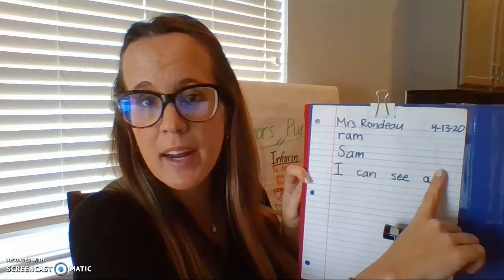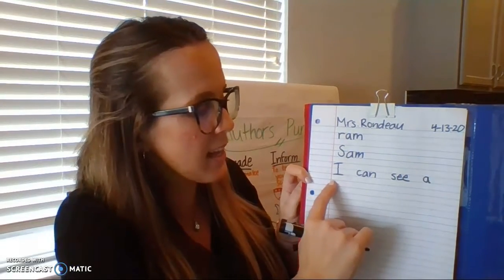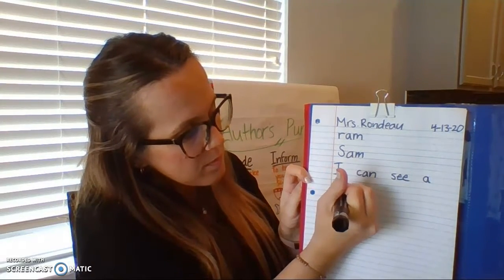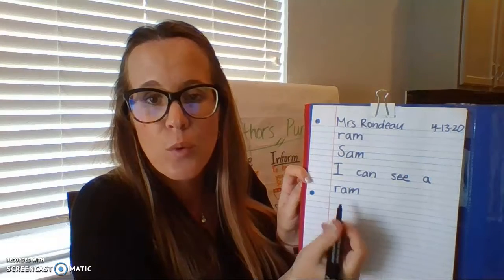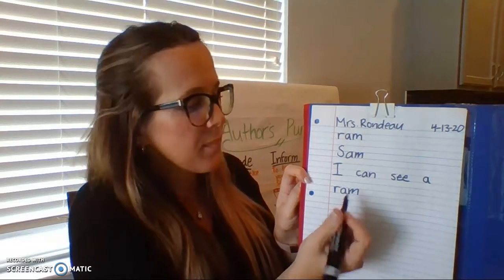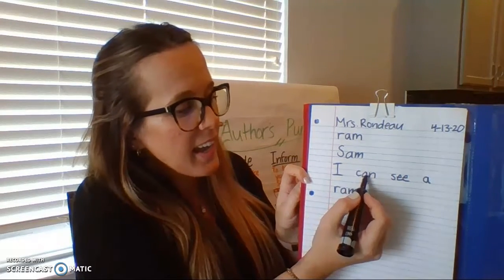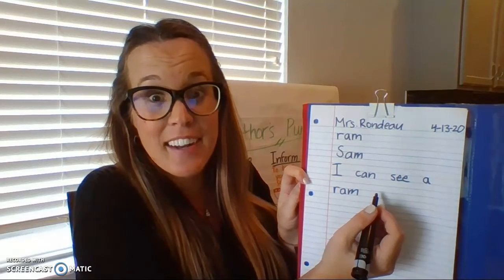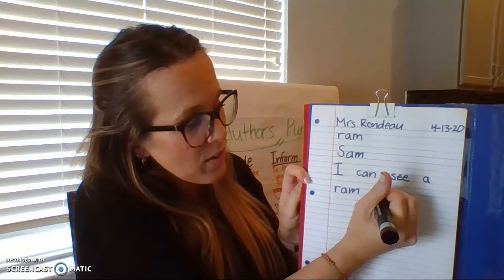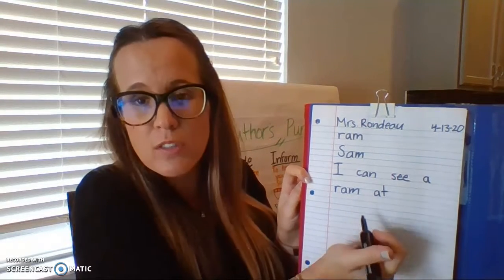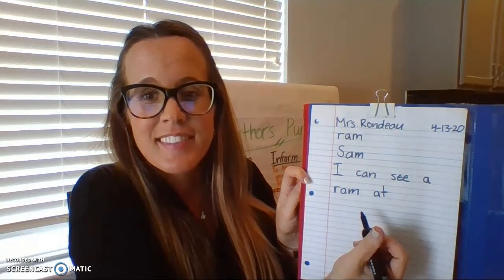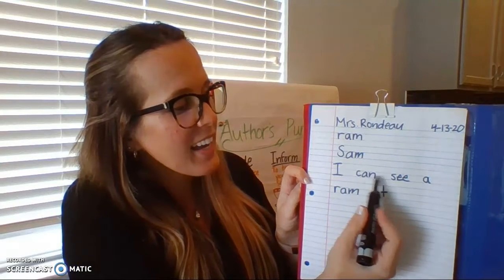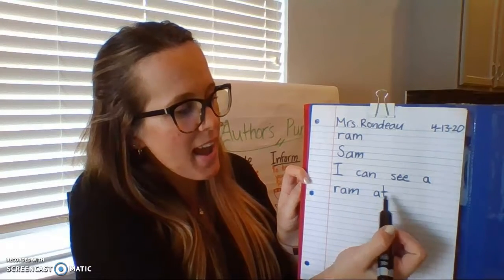Okay, when I do my spaceman, I'm not gonna have room, so I need to go to my next line. Ram, it's your word of the day. How do you write it? Ram. Let's read it. I can see a ram at. At's another sight word. Now you guys are seeing why it's so important to know all of your sight words. Good, A-T, at. Let's read it all. I can see a ram at